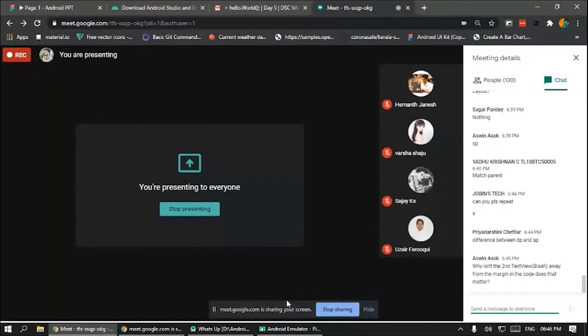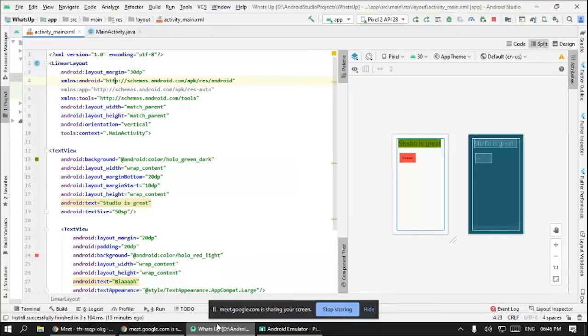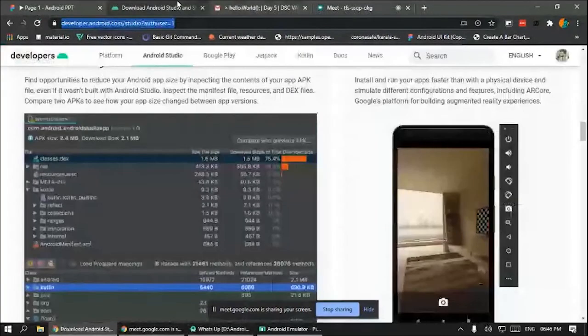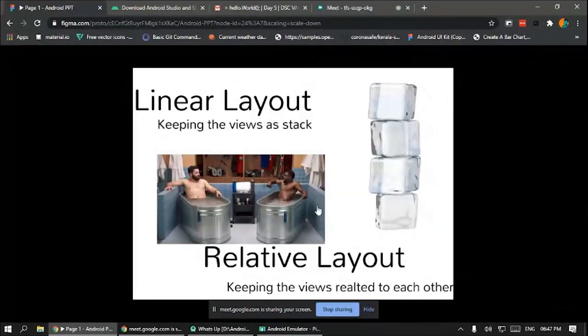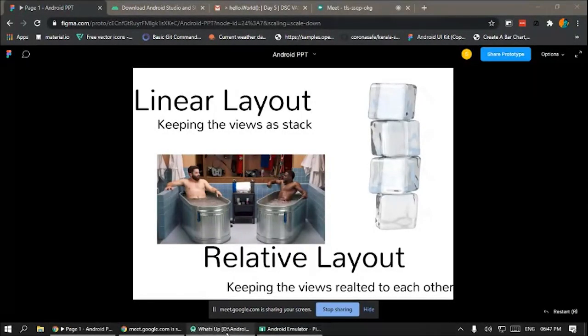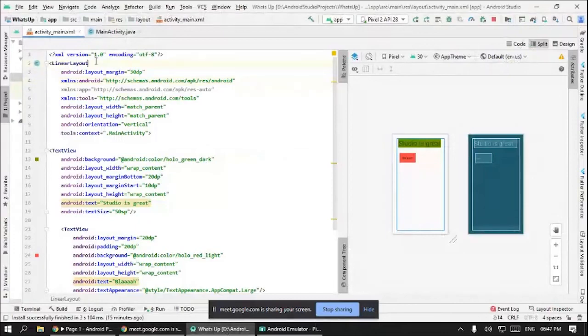I will head over to the linear layout here. Okay, I will take the slideshow here. These two guys sitting in this bathtub, that is relative layout. Let's head out to Android Studio and change our linear layout to relative layout.